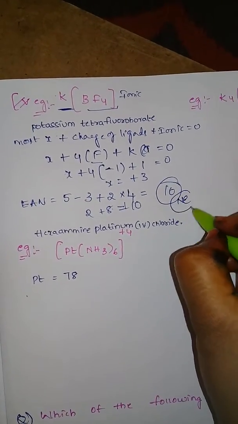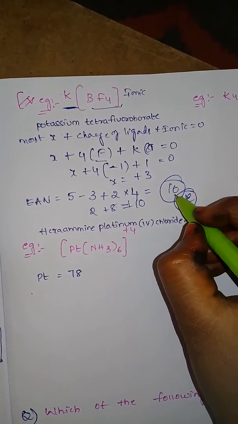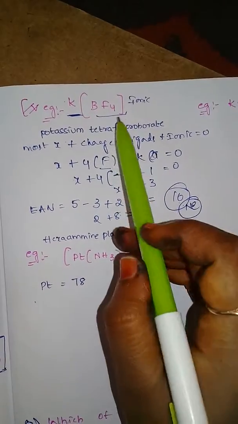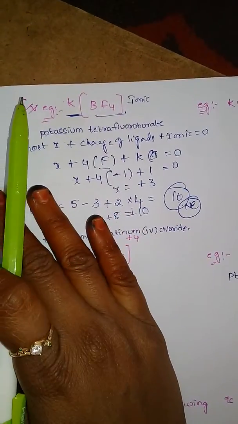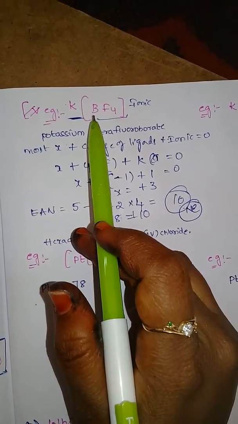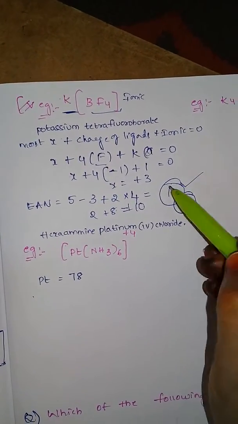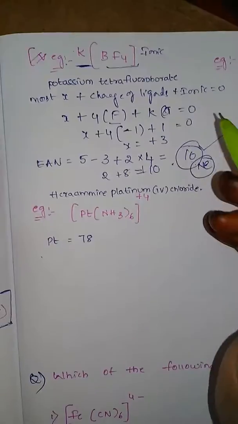Atomic number of neon is 10. So 10 is the noble gas. In this complex, the effective atomic number value of the metal is nearest to the noble gas. So this complex is more stable. And then